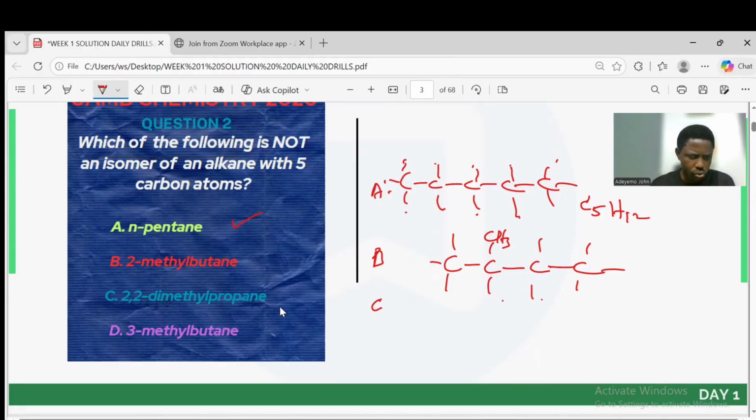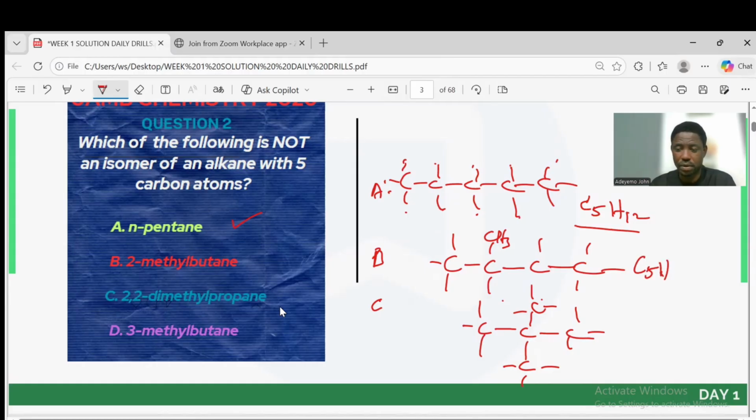Number 3, 2,2-dimethylpropane. Okay, let's try 1, 2, 3. The methyl group will be here, another one here. So that's the C5 carbon system. And if you look at this again, it's going to be C5H12. Remember, isomers have the same molecular formula but different structures. So C5H12, all of them here, C5H12. Of course, possibly the answer will be the